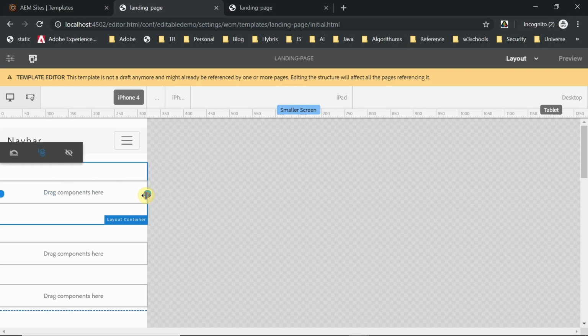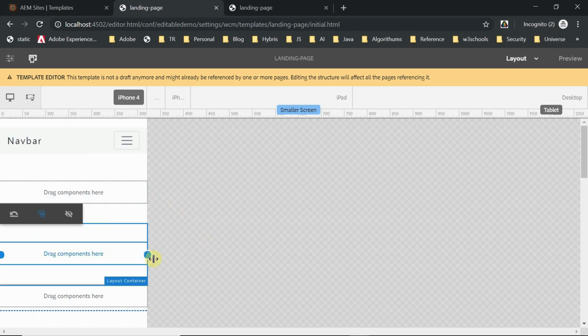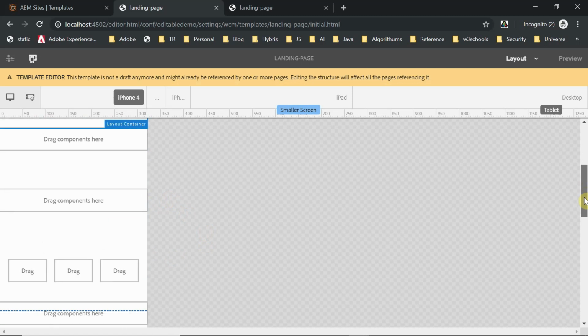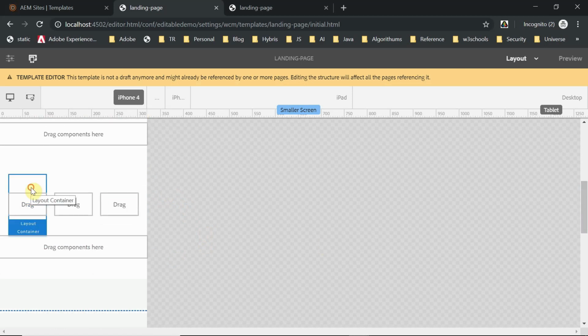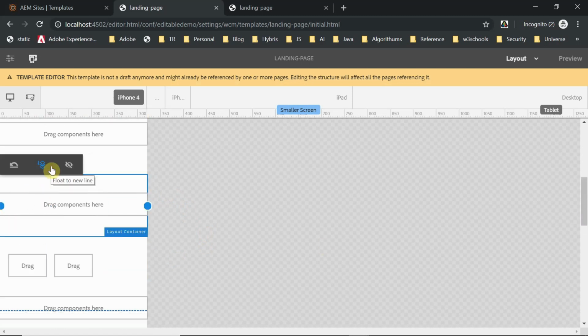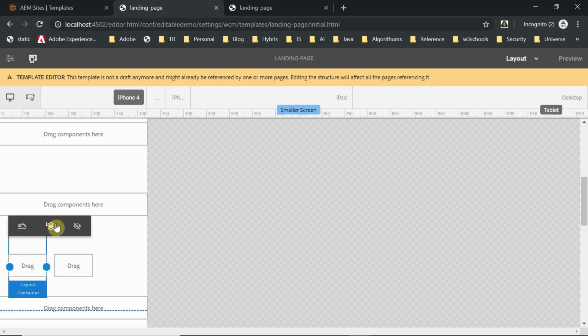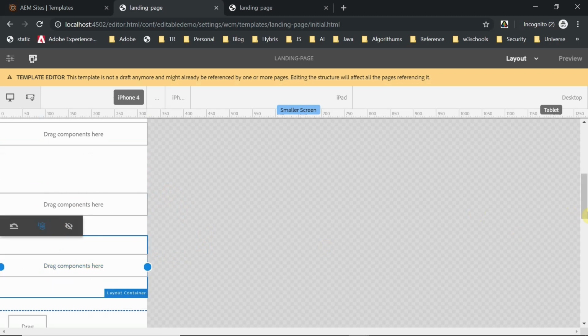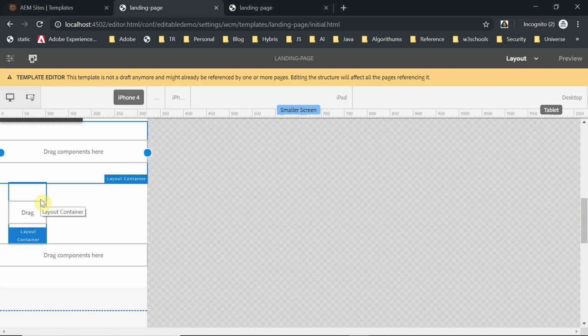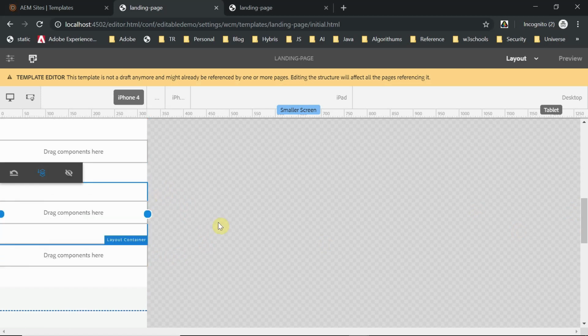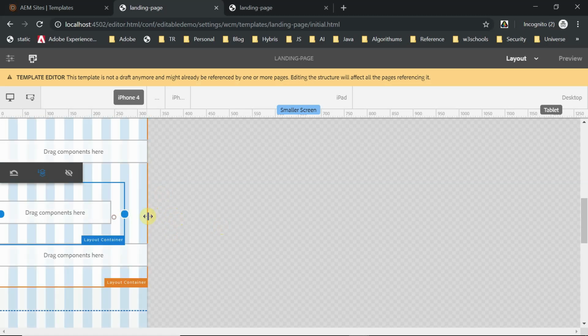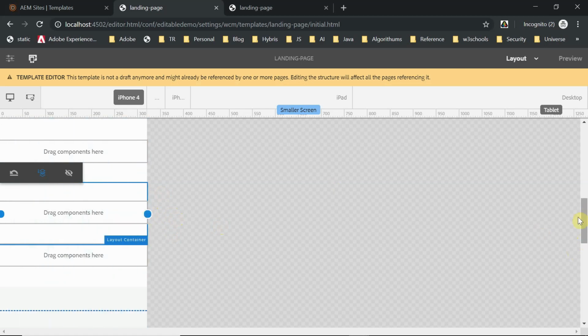So what you have to do is manually click once and do it like this. So that's fine. Now if I go here, same thing, I do this, that's fine. Now do the same for here. Go here, select float to new line. Here do it for new line. It's fine. Do the same exercise here also.